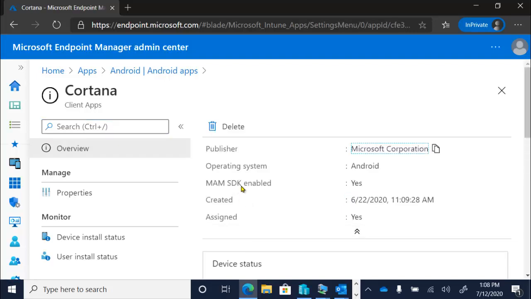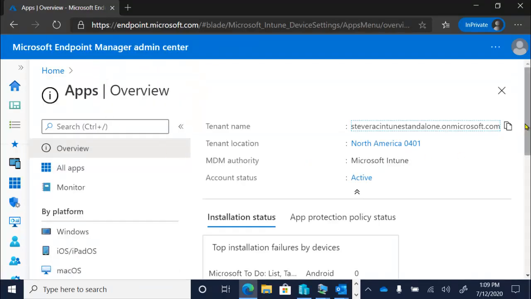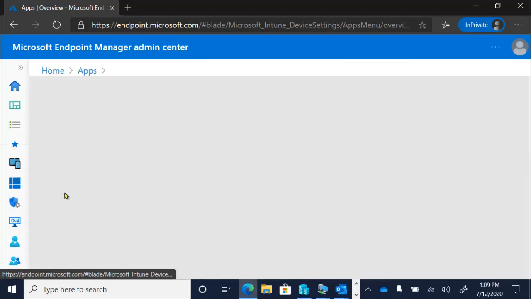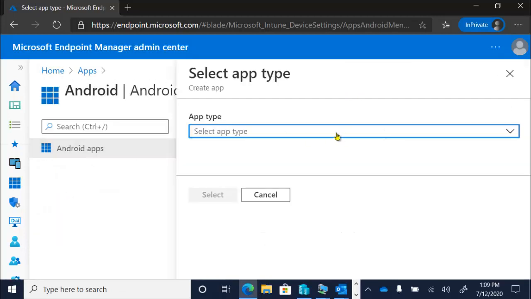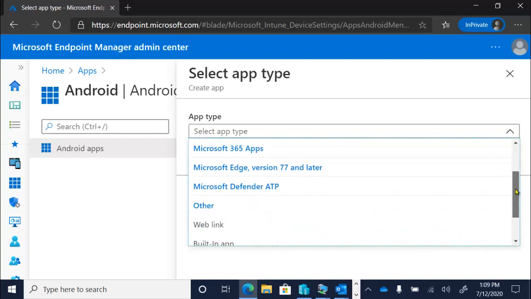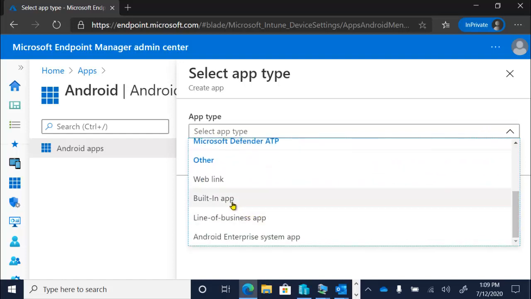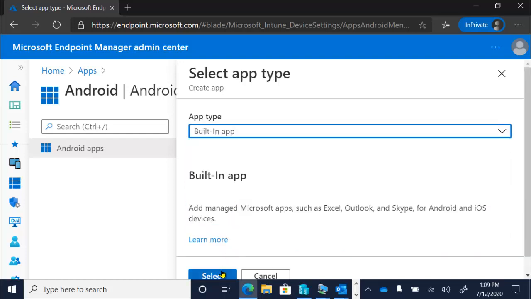And notice MAM SDK enabled, yes. So what that tells you is this app is one that can be managed by MAM. And in fact, built-in apps are those that are eligible to be deployed and managed by MAM. But I'm jumping ahead a little bit. Let me go and show you how to configure this. So Android, and I'm going to click Add, and I'm going to select Built-in right here. So you know built-in's available for Android because it's in the list when I filter on Android, and so good enough. All right, so click on Built-in, hit Select,